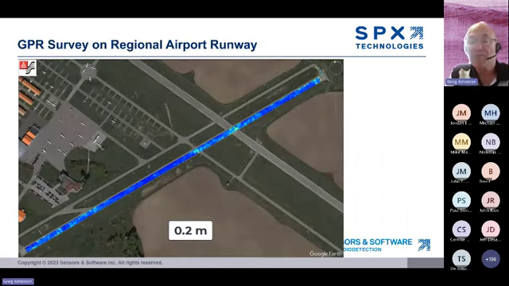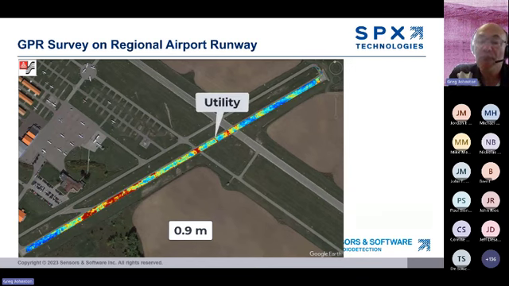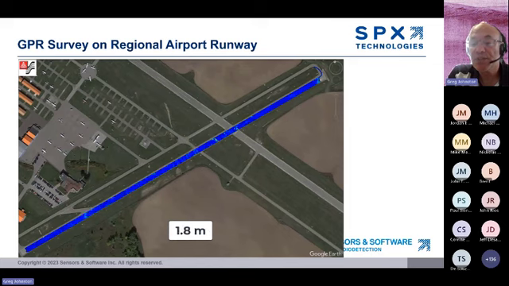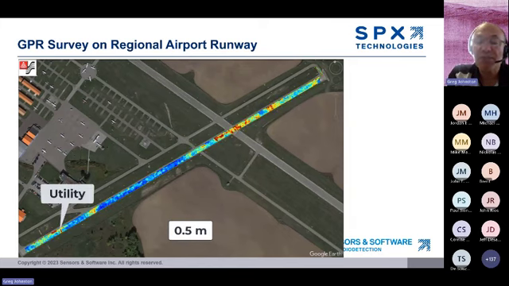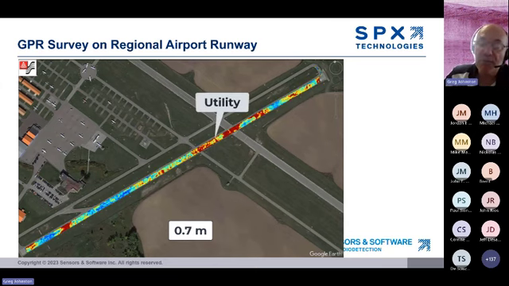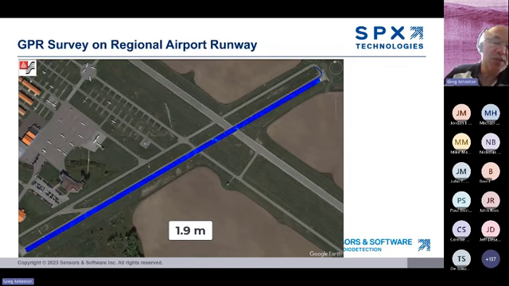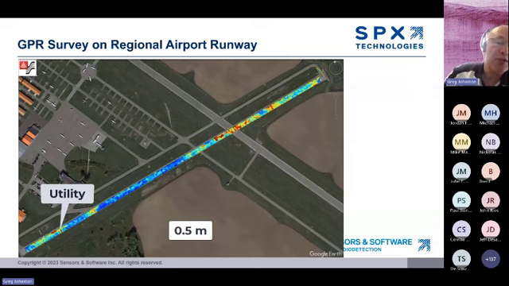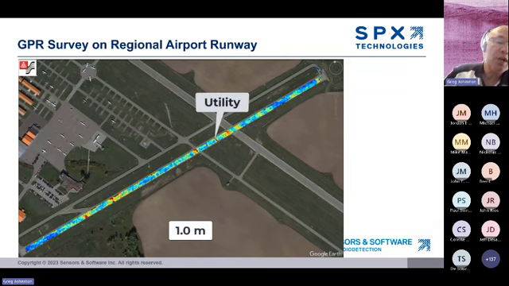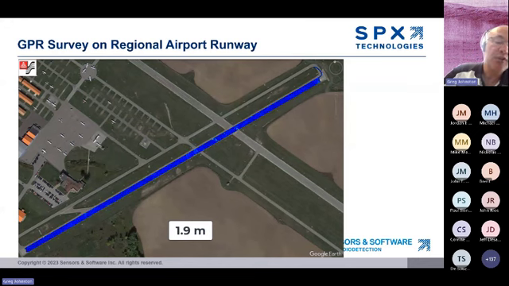Runways are another piece of infrastructure that we all want to be well maintained. GPR is an excellent tool for inspections, specifically finding anomalous areas that may be problems in the making. Here's a depth slice animation of a runway at a regional airport. And I don't want you to think that everything that is red on here is a big cavity or something. Obviously, it needs a little bit more work. You can get soil layers that will give you strong reflectors, but we can note a few things in the